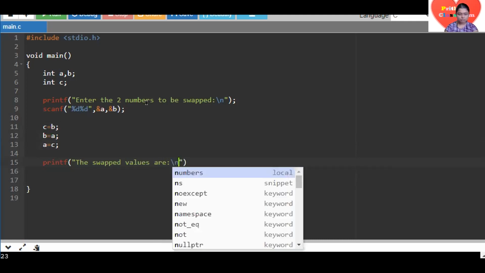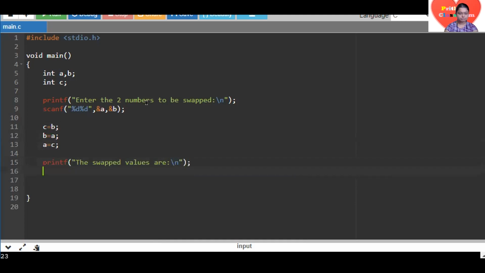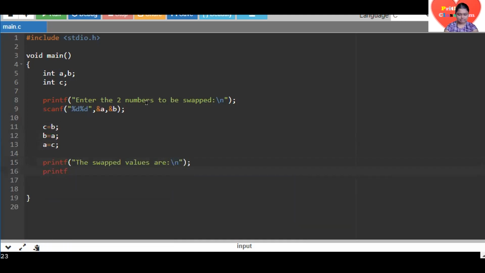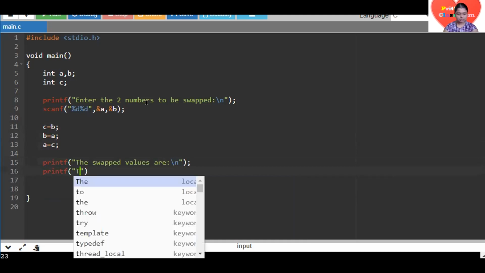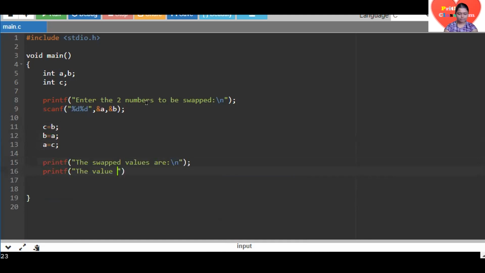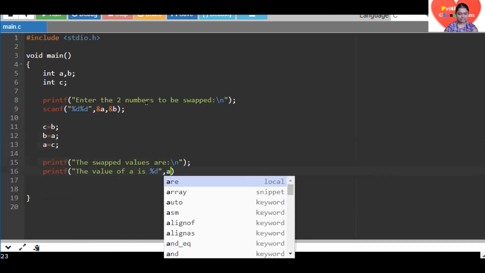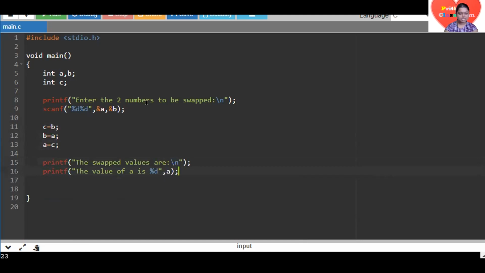After doing this, I'm just going to print the value of a is percentage d, and I'm passing the name of the variable, which is a, and I'm just going to do the same.